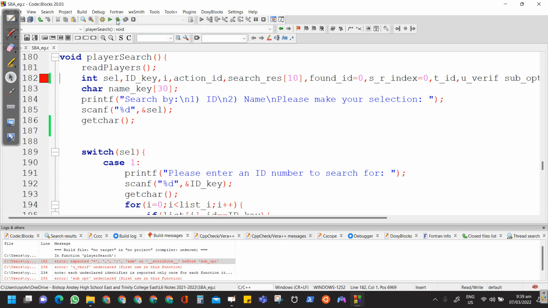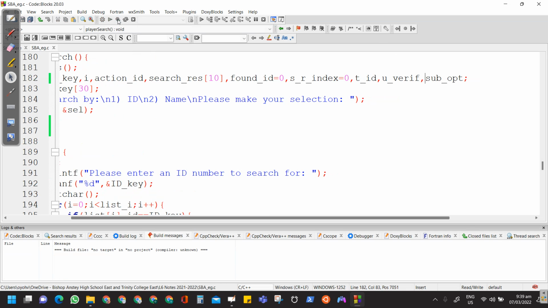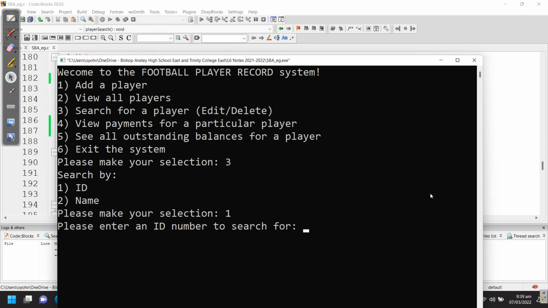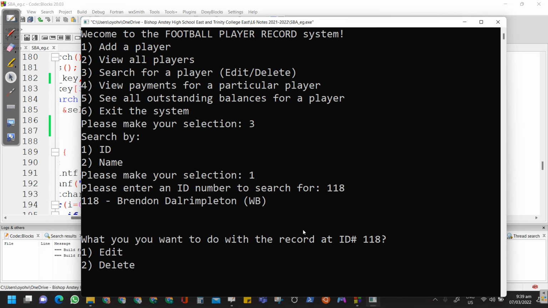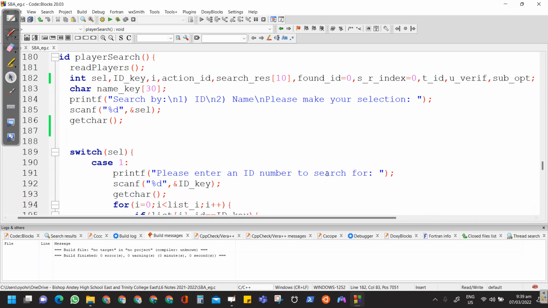Let's just see. Oh, I just put a space. Thank you. All right, so we search. We have ID 118. Essentially, it says, what do we want to do with the record at 118? Edit or delete. And it asks us for this. We're focusing on delete now. If it is that we want to delete